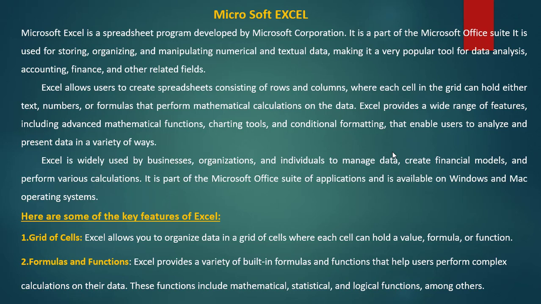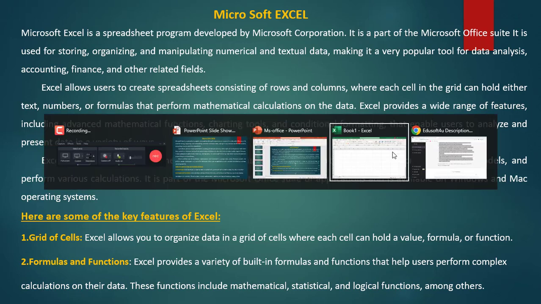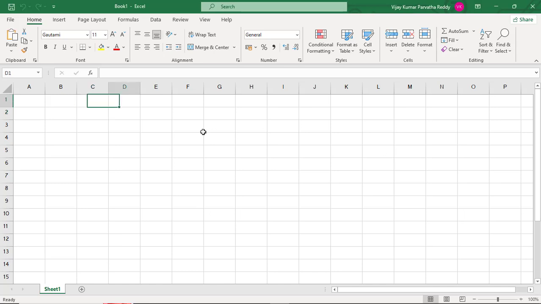Why is it an electronic spreadsheet program? Look at Excel, electronically spreading horizontally and vertically. The sheet is spreading vertically, that means row wise as well as column wise. In these rows and columns, the intersection of a row and a column is known as a cell. In these cells, we can enter data like text data and numerical data,